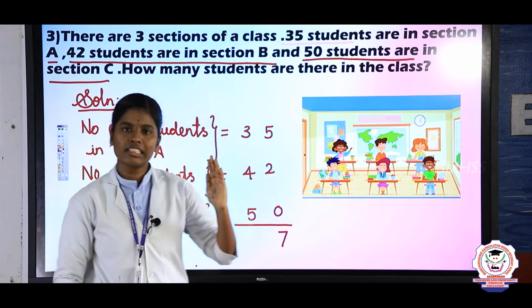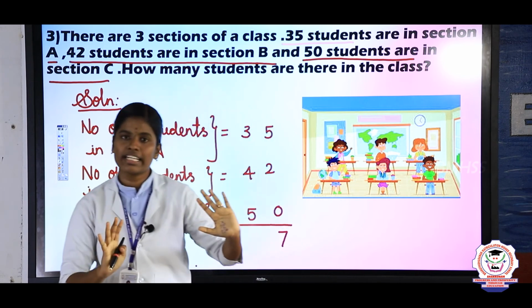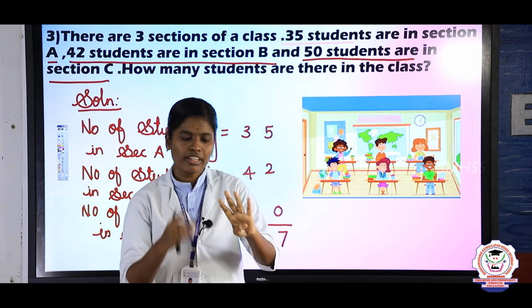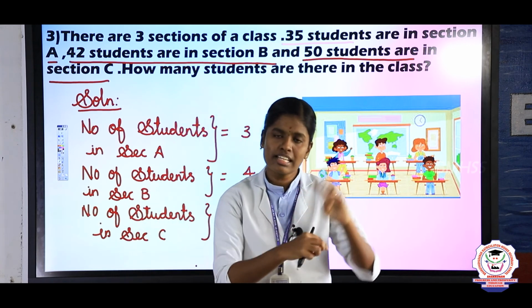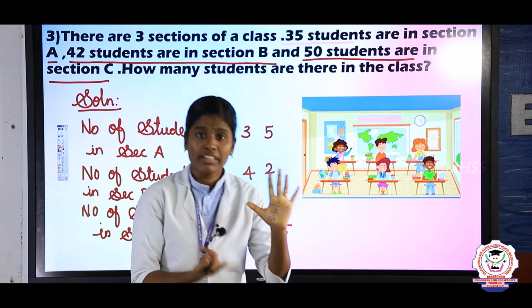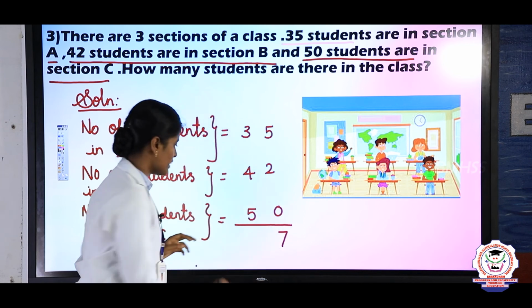Next we will take 3 plus 4 plus 5. So 3 tens plus 4 tens plus 5 tens. So keep 3 in the mind, 4 in the finger, so 3 after 4, 5, 6, 7. Next you keep 7 in the mind, 5 in the finger. So 7 after 8, 9, 10, 11, 12. So write the answer 12.